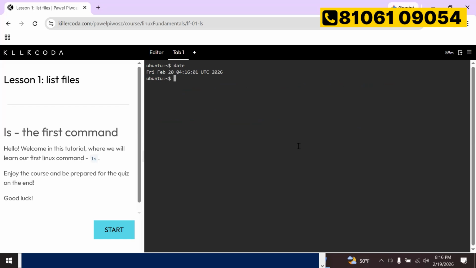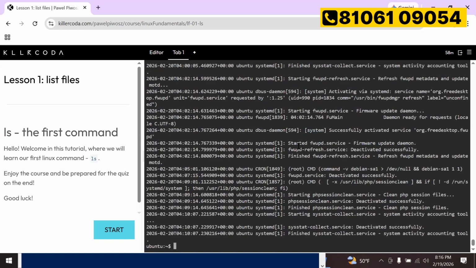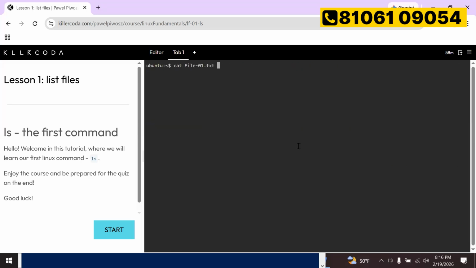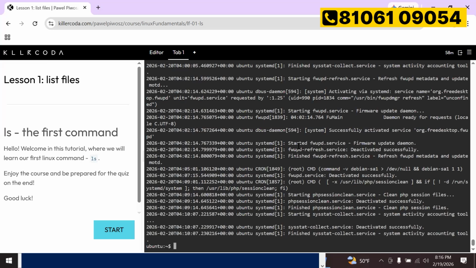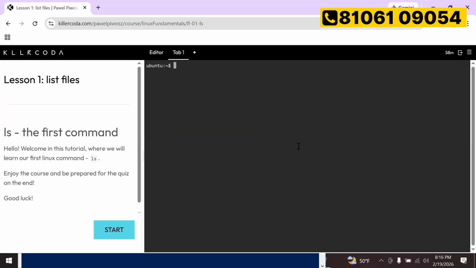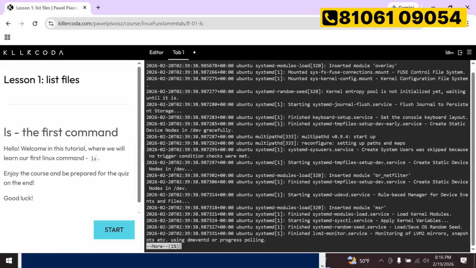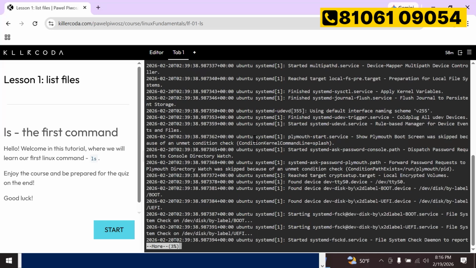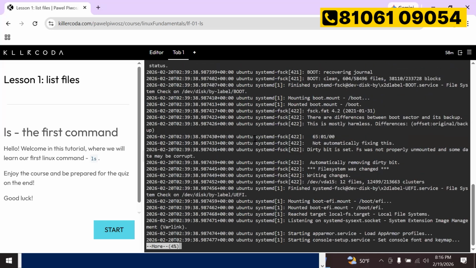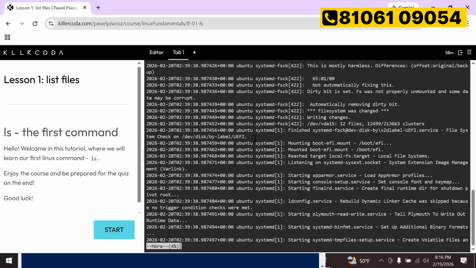Before that, if you want to list the files, fine. If you want to open a file, the command is cat. Cat is a command to open the file. It opened this big file, right? With cat and the file name, it will open the file but go directly to the last page. If you want to read page by page, you can use the more command. See, only 1% of the file is showing. If you want to see more content, you can click the space bar, or press enter to go line by line.